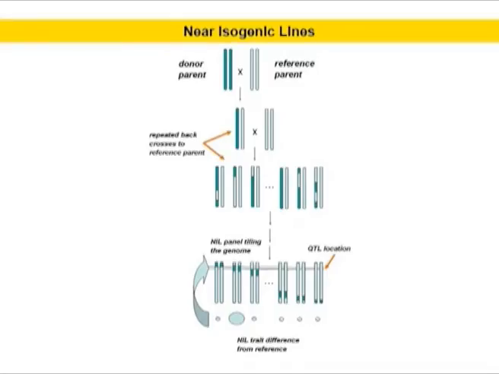Near isogenic lines are generated either by repeated selfing or backcrossing the F1 plants to the recurrent parents. NILs developed through backcrossing are similar to the recurrent parent but for the gene of interest, while NILs developed through selfing are similar in pair but for the gene of interest, however, differ a lot with respect to the recurrent parent. Expected segregation ratio of the markers is 1:1 irrespective of the nature of marker.